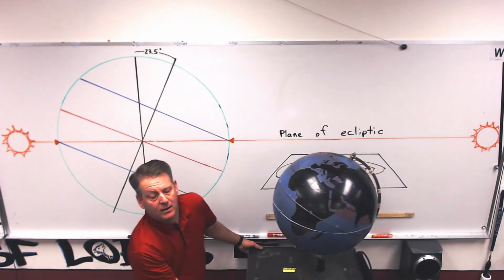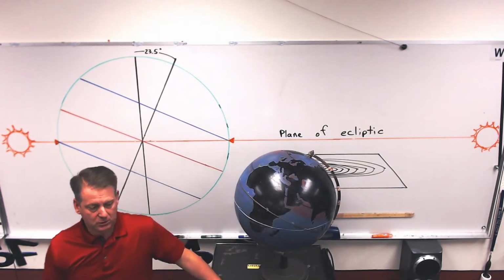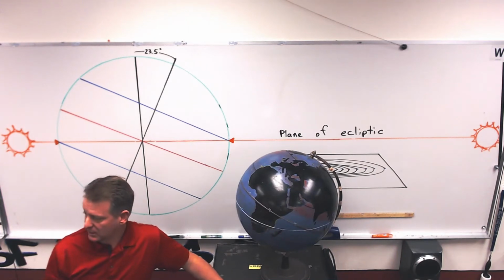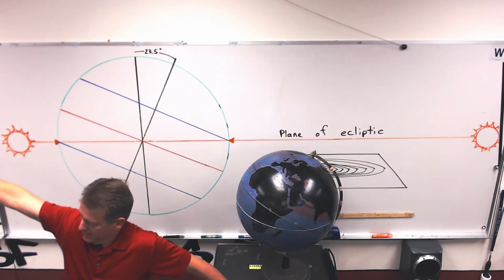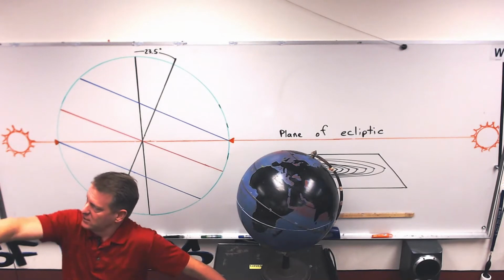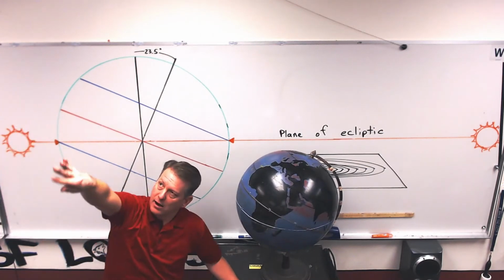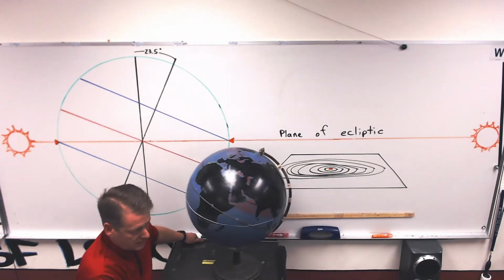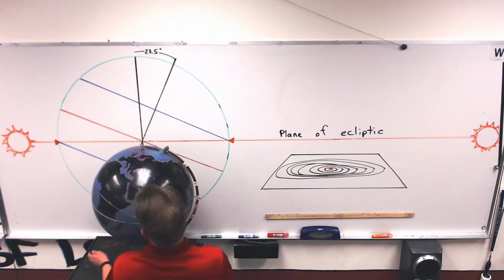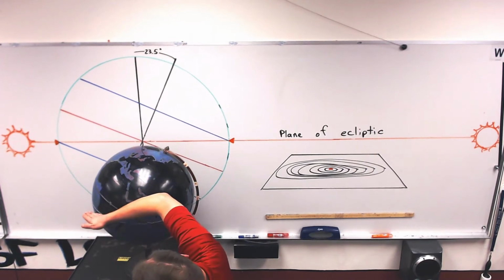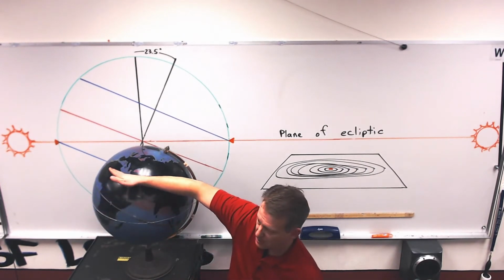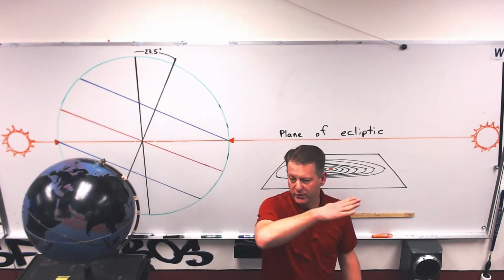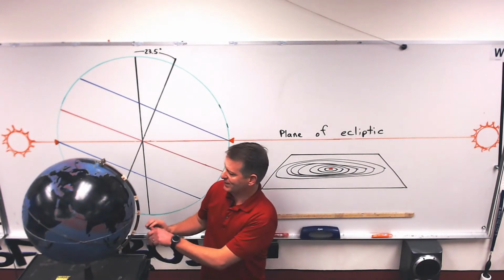But we get a really big optical illusion if you look at the sun. Like right now, if you watch, the sun is really low in the southern hemisphere. And you're going to see that it slowly starts going higher and higher and higher. That's because, right here, the sun is starting to go up. From our perspective, it looks like the sun is moving up and down. And this is how we see it.